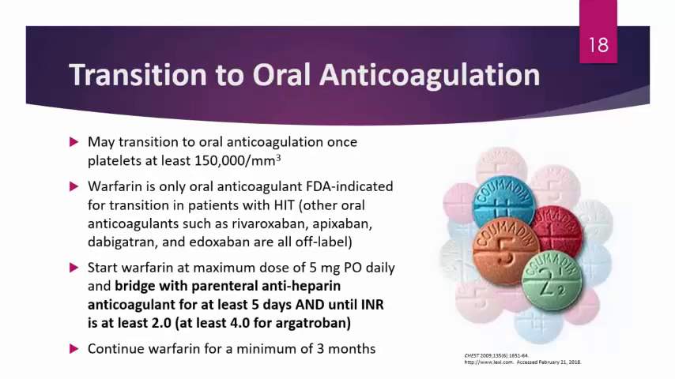So now that you have your patient on one of those parenteral anticoagulants that's not heparin-based, what do you do once the patient starts recovering their platelets? You may actually transition to oral anticoagulation once the platelets reach at least 150,000. And the only agent that's actually FDA approved or FDA indicated orally to transition to in patients that have HIT